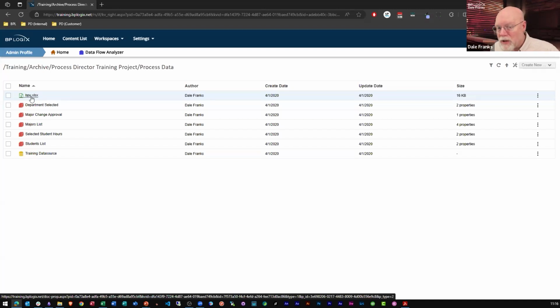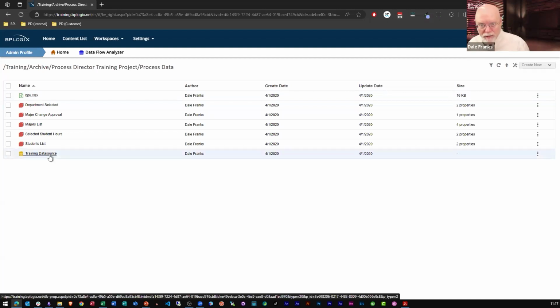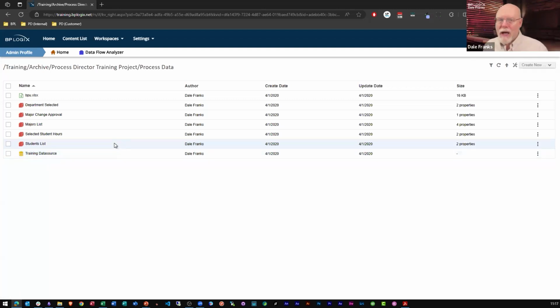In a normal application, none of these items would exist. These items are all global objects. Data sources, always global objects. I only need one data source that connects to a specific database. So I don't need 5 internal user data sources. I don't need 5 internal DB data sources in Process Director. I don't need 5 connections to my ERP system, although there's an exception to that as well. In general, though, I just need one data source per data connection. And I want to use that data source everywhere.